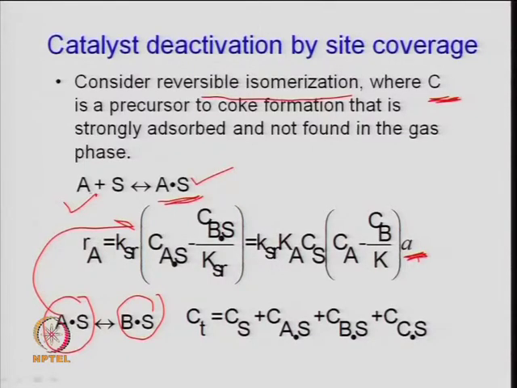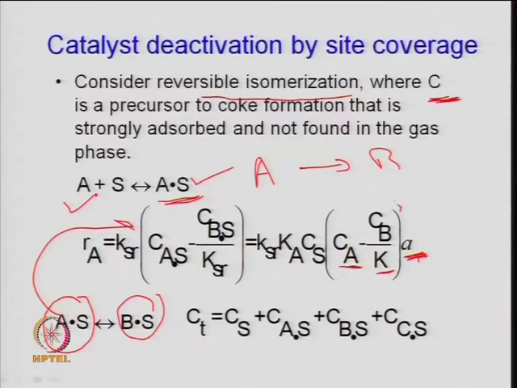So, at equilibrium, rate of forward reaction is equal to rate of backward reaction. So, one can very easily find out CAS, right. So, that is substituted here in terms of the equilibrium constant which has been taken out, and same thing for CBS. So, CBS also, because BS desorbs and gives you B plus S. So, one can very easily write down the expression, right, and overall equilibrium constant can be calculated from this reaction, A goes to B, right. So, this is your overall equilibrium constant.